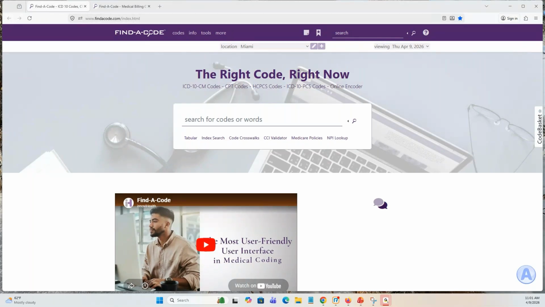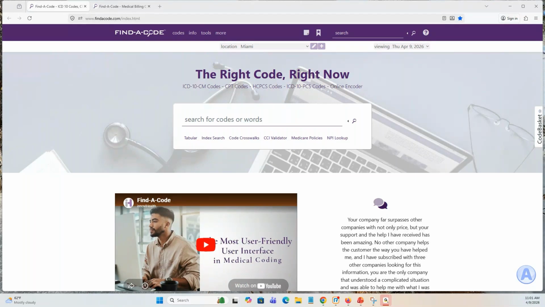We have large customers in every space, whether it's risk adjustment, pro fee coding, hospital, or the legal field with the use of all of the fees. Really great resource. So we're going to take a look at Find a Code, as well as show you some of the updated tools that we are working on, including an AI agent that lives inside of Find a Code that can really help you